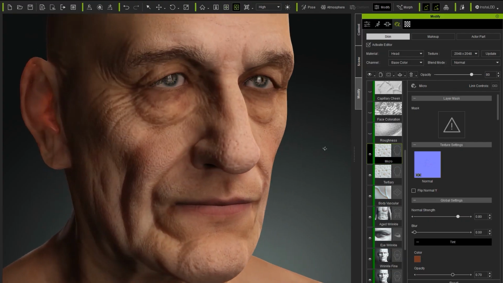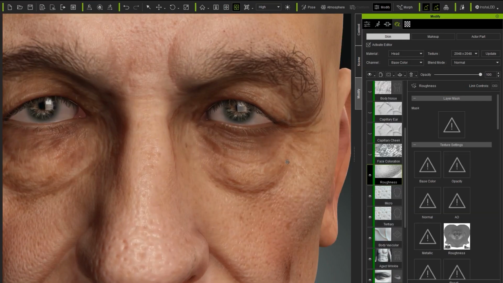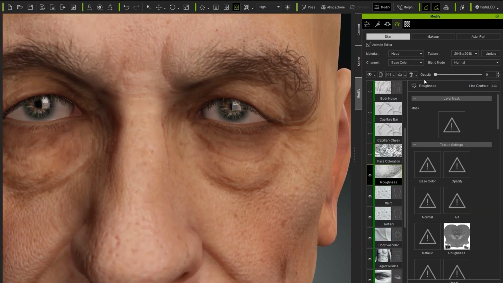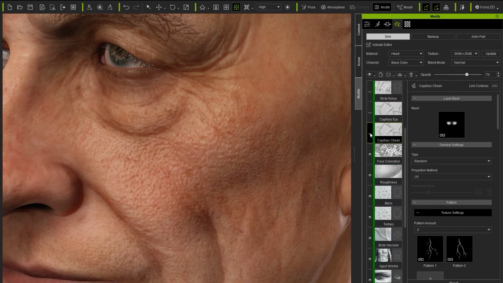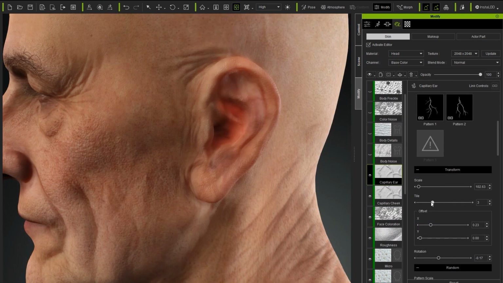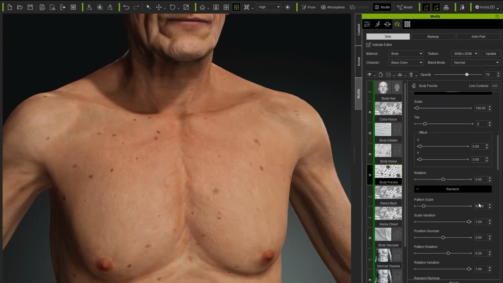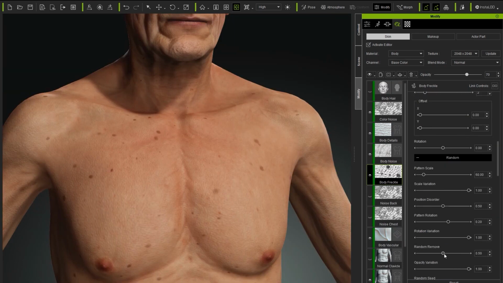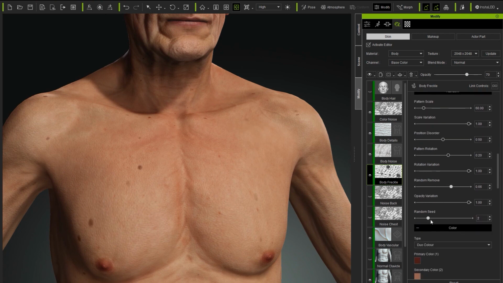Age, gender, ethnicity, everything is covered. Look at the tear bags, how puffy the tear bags are. It's very good. The wrinkles around the eyes, the lacrimal part of the eye, and the eyebrows. You can see it's looking so great. Look at the bumpiness on the zygomatic arch. The capillaries effect. Look at the freckles on the skin, the blemishes, the spots, the jaggedness on the skin. Everything is covered just by sliders.